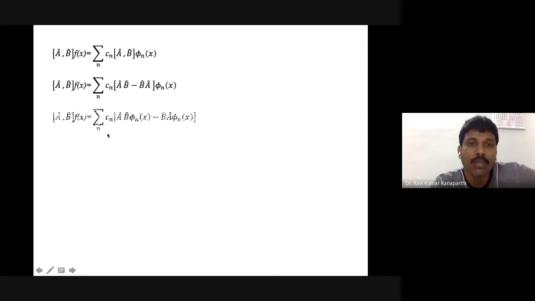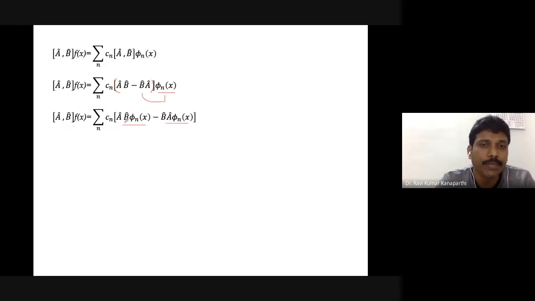Now the wave function you take inside. Here it is outside the bracket; I think this notation is not correct, and this is more appropriate. This wave function you take inside. When you take it inside, they operate from the right-hand side. So here you have a BA, so phi n simply sits here, and here, just after the B operator, it sits there. So this is the next step.